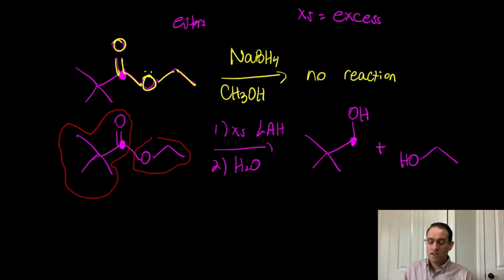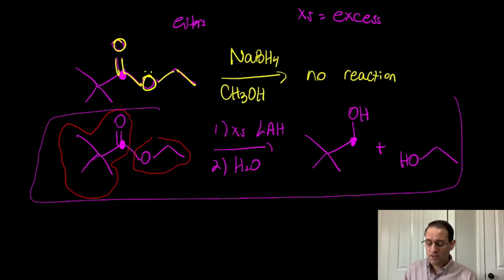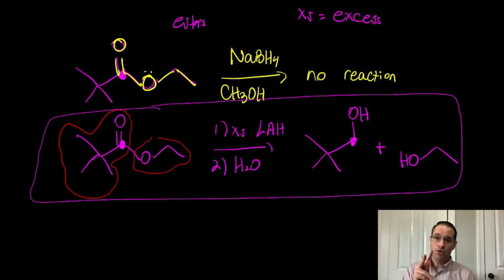Let me show you the curved arrow reaction mechanism for this process so this can make more sense to you, okay? But put this down on a note card. LAH will react with esters and you'll get two alcohols. The alcohols could be the same or they could be different. Draw them out, count your carbons, and very carefully think about which oxygen goes with which carbon fragment, and you should be fine. So let's do the curved arrow reaction mechanism